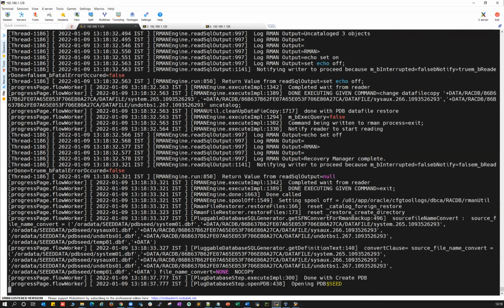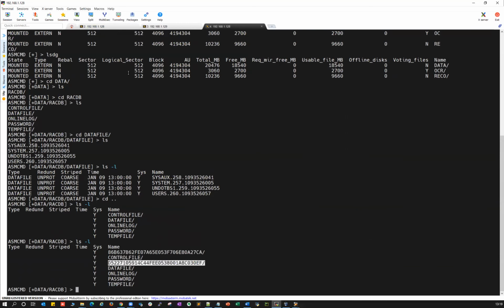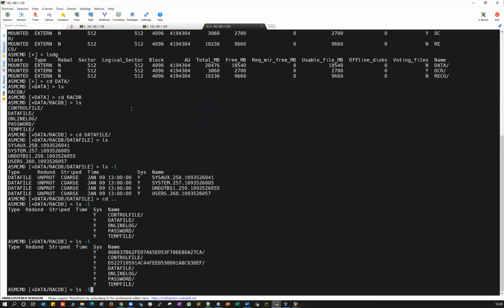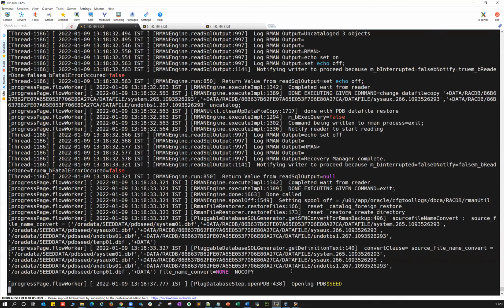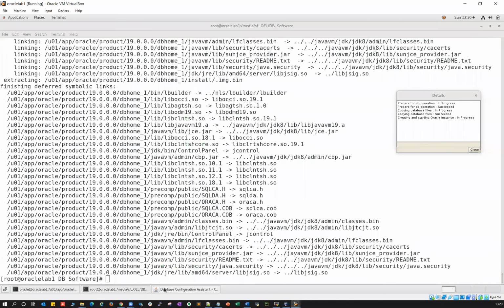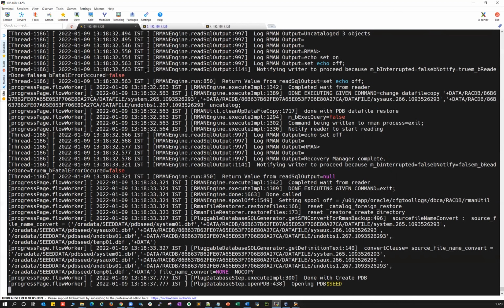After this, it's going to create PDB1. 31% is okay.